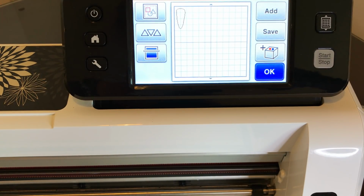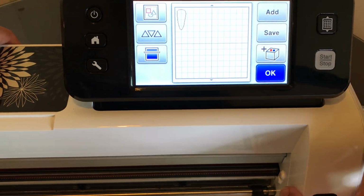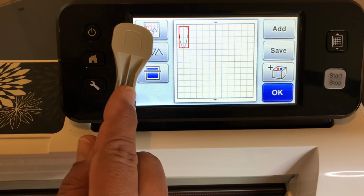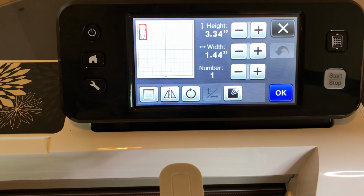Now that's a huge carrot, so we need to make it smaller. We need to make it fit on the nose. So we're going to change the height of that carrot. I hope you can see that. Yeah, here you go. And we're just going to go here and select it. And we're going to go into the editing mode, this first one with the shapes. And we're going to go over here to resize. And we're going to make it a height of